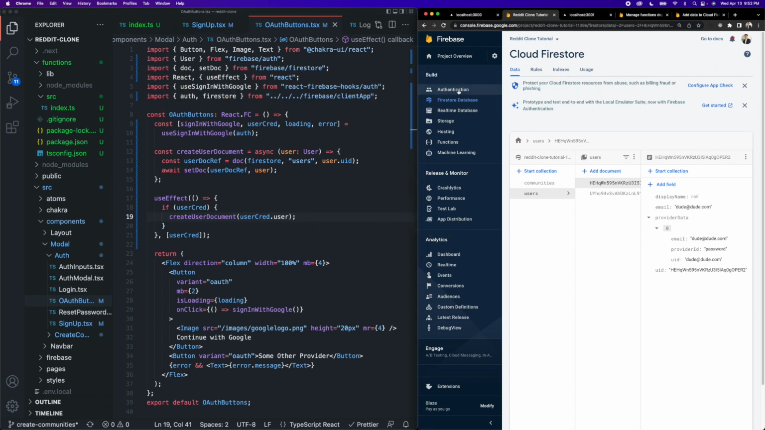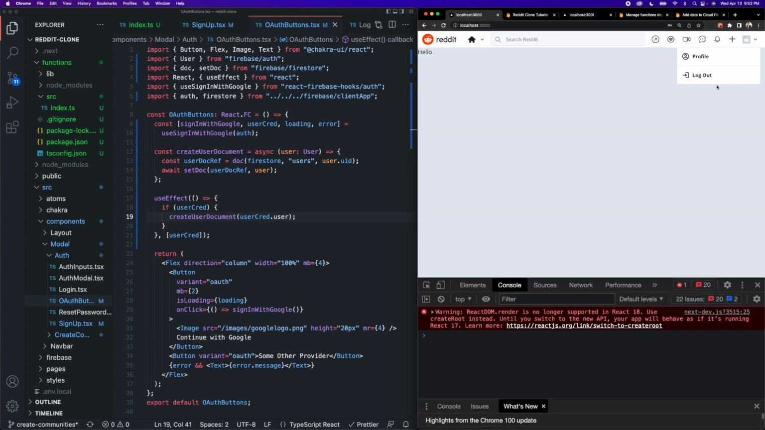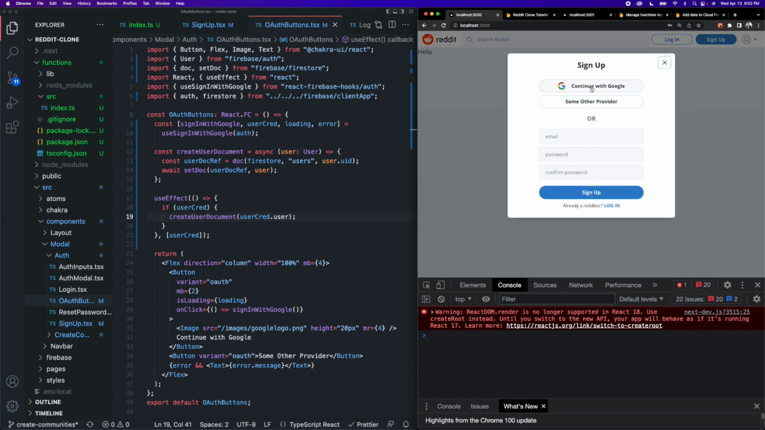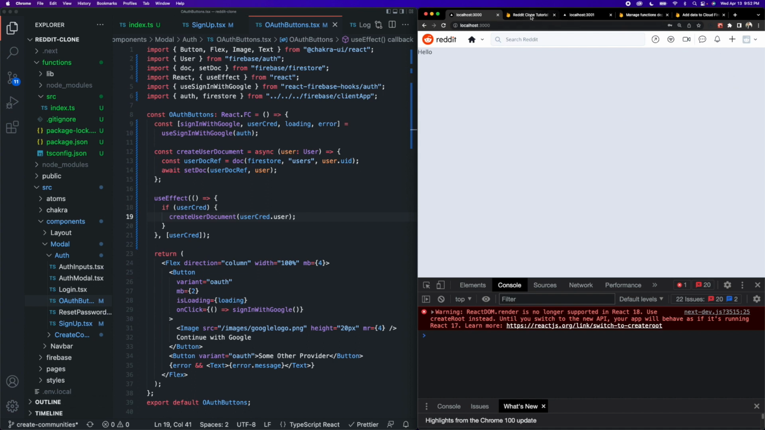So I went to my authentication thing and I have no Google Auth user right now. So let's go try to create a thing for my shadi@gmail.com account because that's the only Google account I have. Let's sign up, continue with Google. So it's going to authenticate. And if I go to my database now,